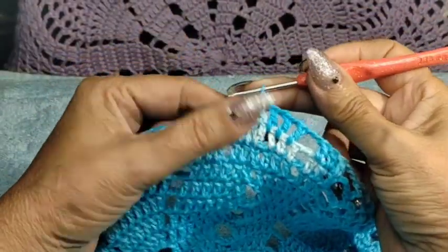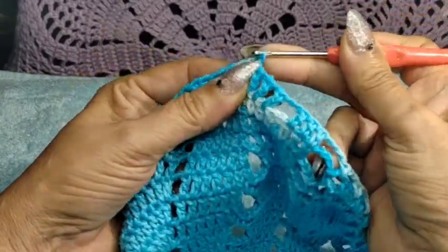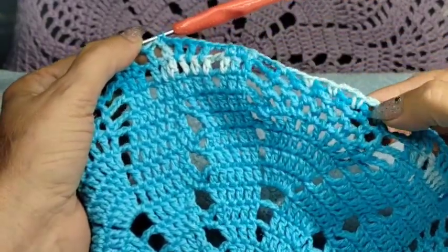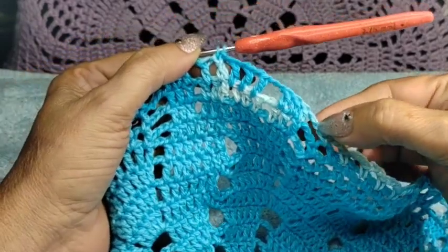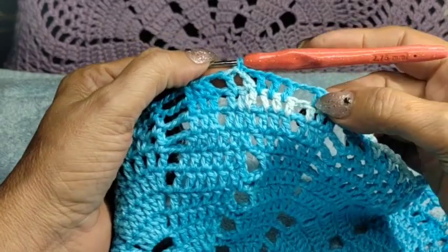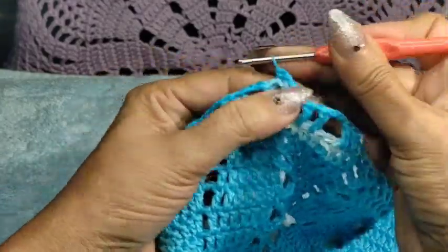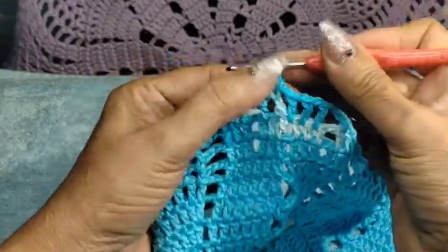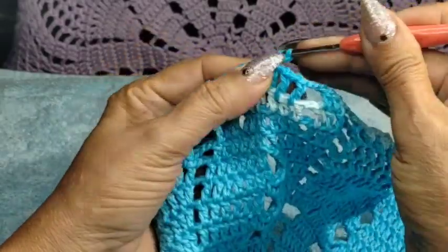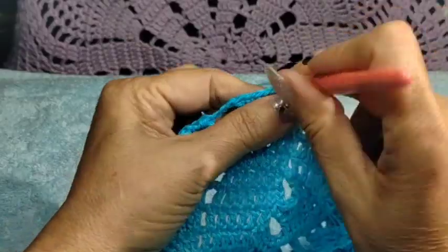Okay, everyone, going to row 15. So I've closed in with slip stitch. I'm going to come back in again, the same one. This time, the only difference is on here, everything else stays the same. The 3 double crochets, the 3 chains, the loops, 3 chain, 3 double crochet, and always 2 chain here after the 3 double crochets at the beginning and at the end. We're going to do an increase now of 2 double crochet per each of the 5 double crochets here in the same stitch. So 2 double crochet, 1 chain into the next one,